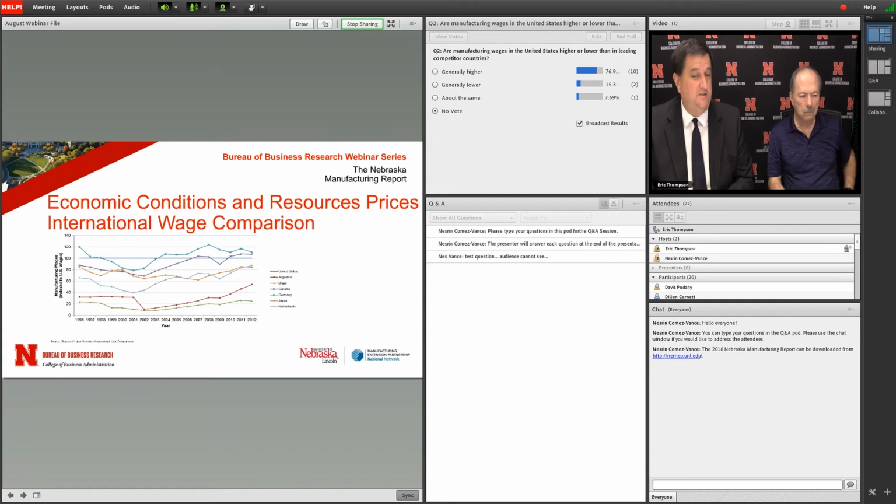I'd say if you look at some of our key competitors in the developed world, our wages are about the same. We have somewhat lower wages than Germany and Canada, somewhat higher wages than the 2 other developed countries you see in this graph. But it is true that compared to the whole global economy, including developing countries, we do have higher wages than in those developing countries. Although the gap, again, appears to be closing.